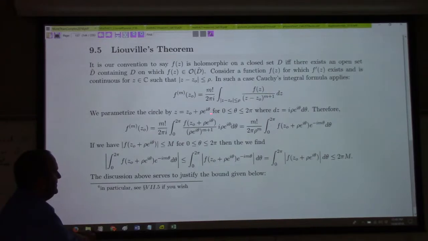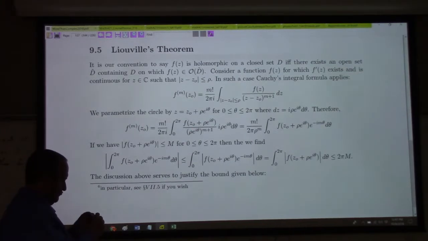You can see I talk about the circle down here. Parameterize this circle by z equals z naught plus rho e to the I theta. Then we get dz, plug that in, what happens? You got your m factorial, 2 pi, you end up with a rho to the